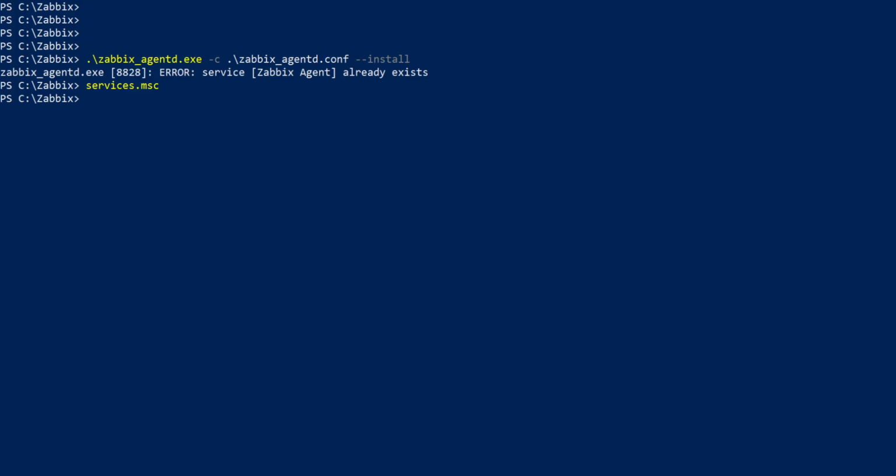If I head back to my PowerShell window, I will write the command hostname, and it will give me the host name for this particular machine. It is called DCLPT. So this is the host name I have, and I need to know the IP as well.